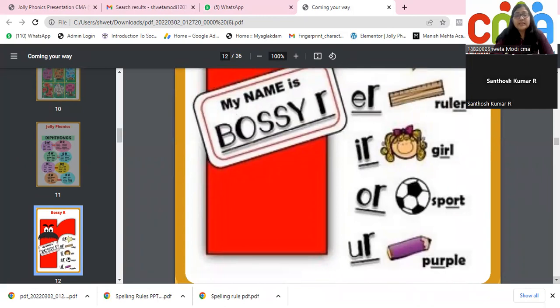And so E is giving a sound. I is giving a sound. O is giving a sound. U is giving a sound. Okay. So R is bossing the preceding vowel. So it's not R, but it's a different sound. Okay, so ruler, girl, sport, purple. Whenever you have R after a vowel, like ER, AR, OR, IR, UR, that's called a bossy R. That's called bossy R because R does not let the short a sound come. It changes. So it's called bossy